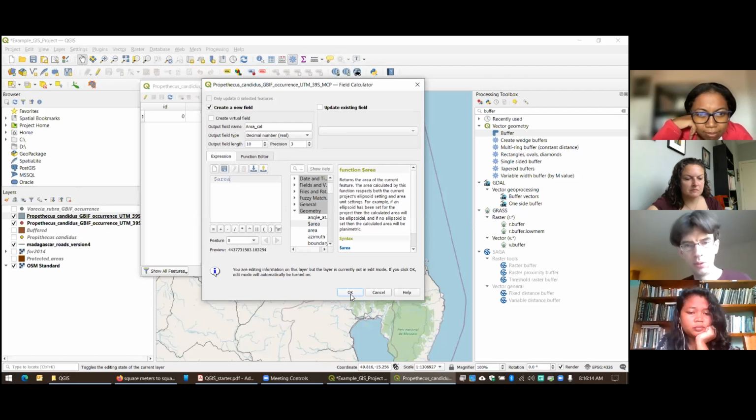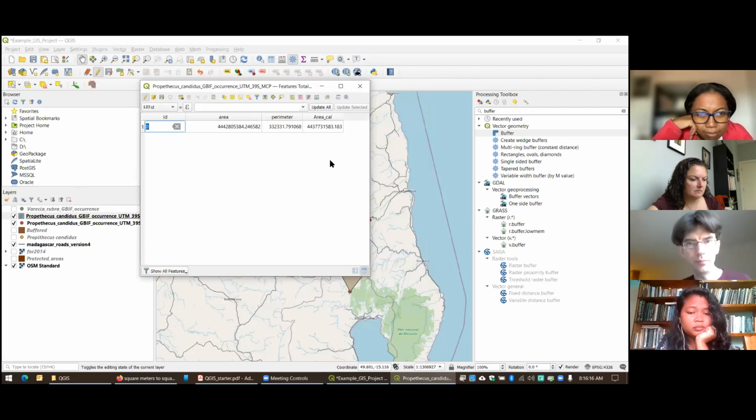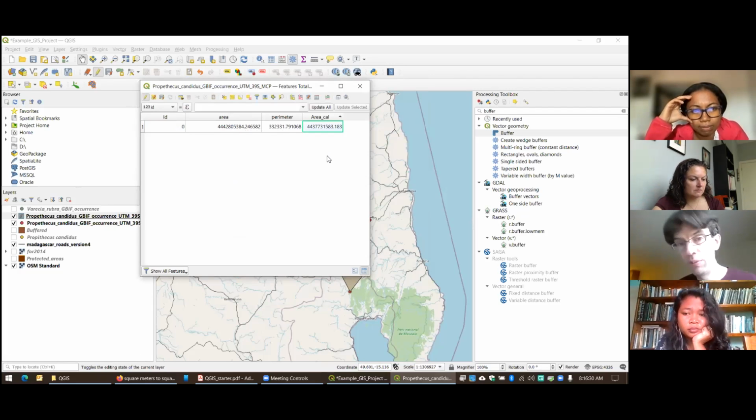So now I'm going to hit OK. And what you can see is that it's actually placed a new field here that's called area cal that has a very similar number. The number is a little bit different. And I have to admit, I am not sure why QGIS does this, because the file hasn't changed. But for some reason, when you calculate the area manually, you get a slightly different answer than when it calculates it automatically.